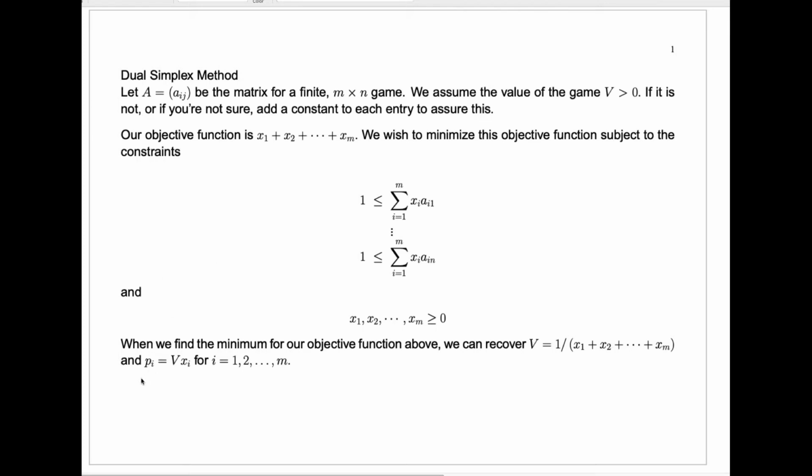This is for player 1, for player 1's mixed strategy given by the vector p, where each p_i is the value v times x sub i. p1 is vx1, p2 is vx2, etc. Remember, at the same time,